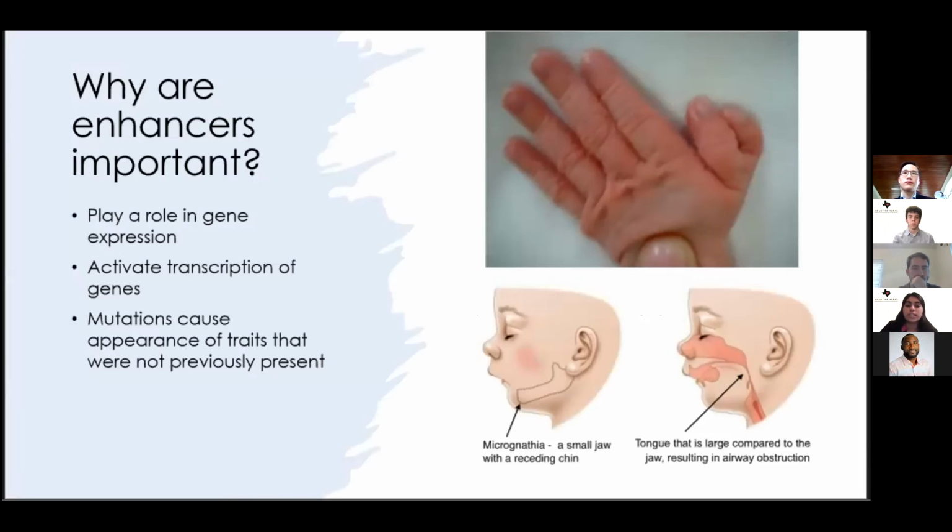In the first image is an example of preaxial polydactyly, which occurs with various point mutations in the ZRS enhancer. This refers to polydactyly, where an additional digit grows towards the first digit of the hand or the foot, so near the thumb or the toe. The second image is an example of a Pierre Robin sequence, which occurs with deletions of SOX9 on chromosome 17. It is a condition present at birth in which an infant has a smaller than normal jaw and a tongue that is placed further back than normal, and there is an opening at the roof of the mouth.